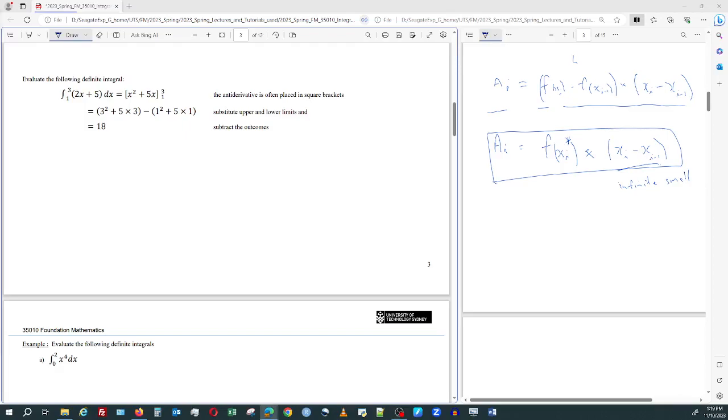Okay, welcome back. So we're just having a look at the introductory idea of definite integrals, and we're going to find a number. Now this is done this way, but what I want to do is just go through the same process from 1 to 3 for 2x plus 5. Now we know what 2x plus 5 is, and so it's easy for us to draw a diagram and look at what the area would be from 1 to 3. Okay. So let's do that